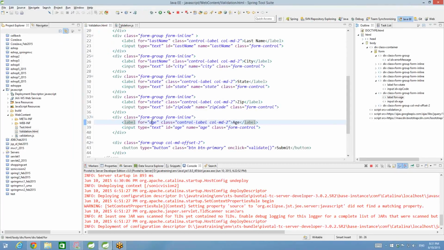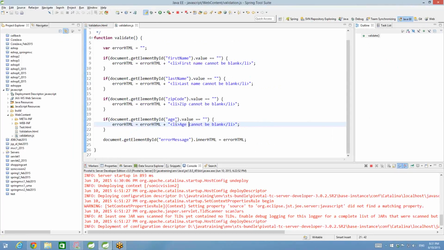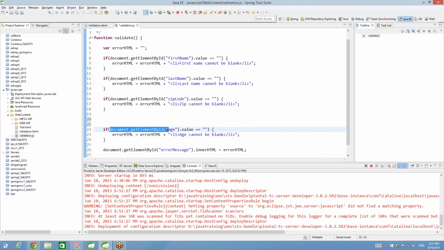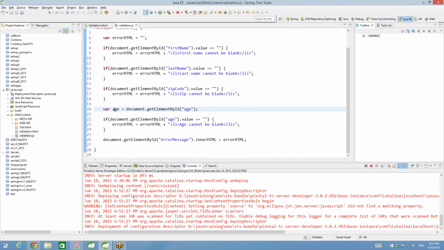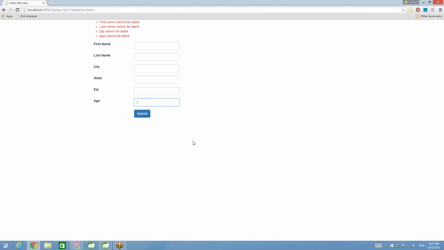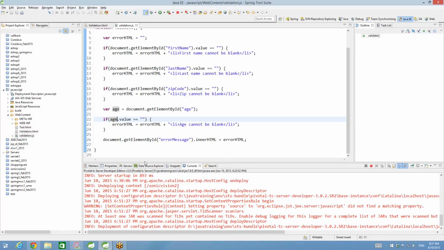So what can we do in validation here? What I want to do is hold on to this whole element. I'll say variable age equal to, okay? I'll hold on to the variable and then finally I'll say age dot value equal to blank. Let's take a look at it and see if it's still working. Yes, it's still working. Now, if it's empty, then age cannot be blank. Else,